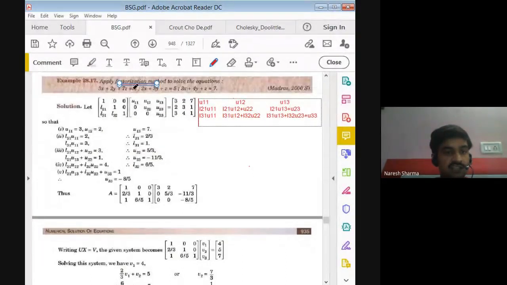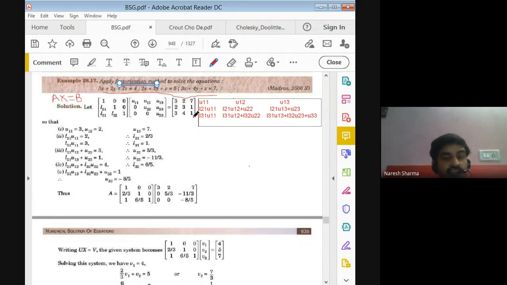So now we discuss the example on the factorization method to solve your system of equations. First of all, we can write your system of equations in the form of Ax = b. If you see here, your A is 3 2 7, 2 3 1, 3 4 1. So in the factorization method, we can write this matrix A in the form of L into